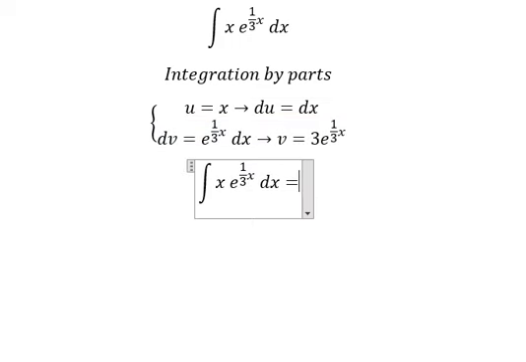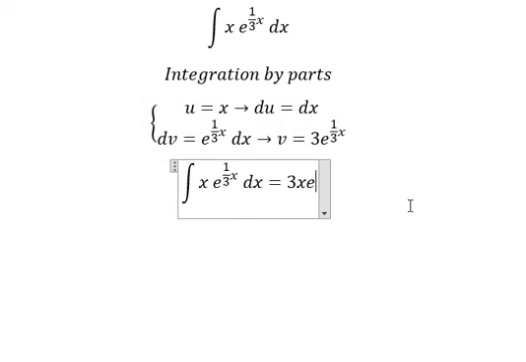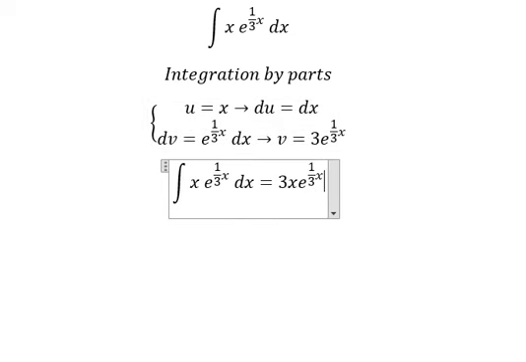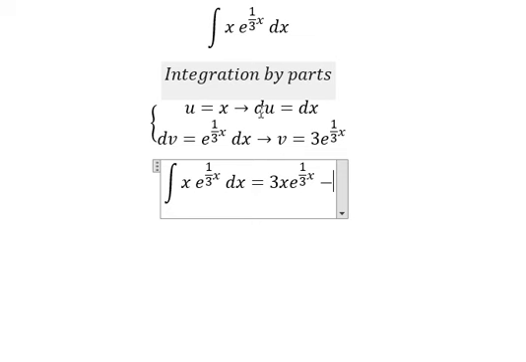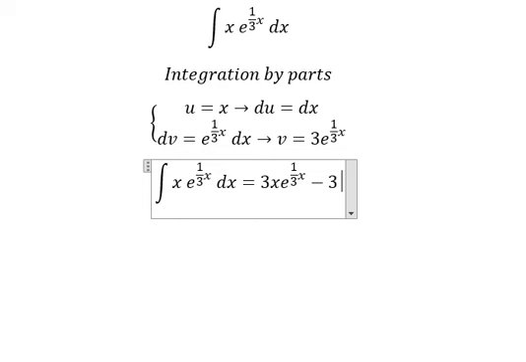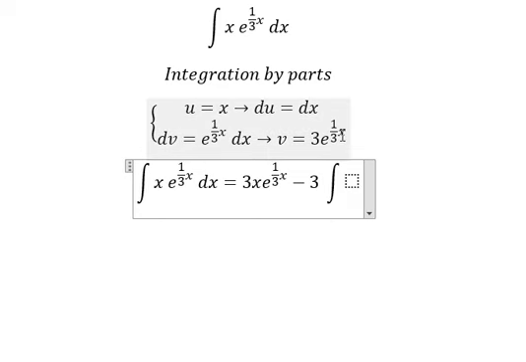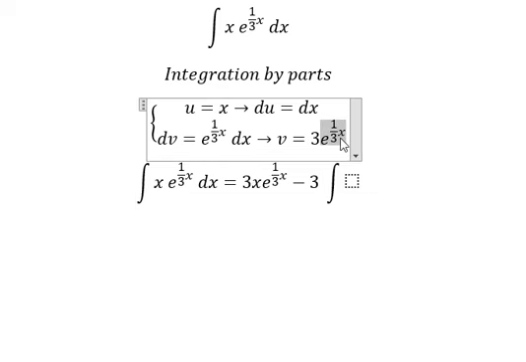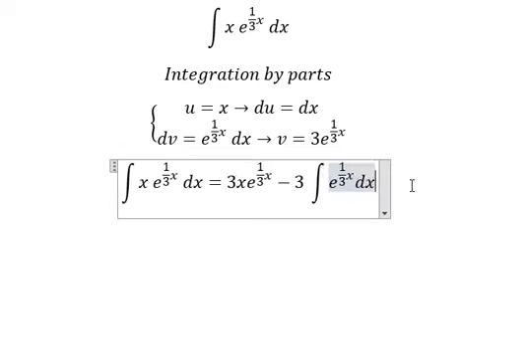So we have u multiplied by v minus the integral of v du. So we have number 3 I will put in here, and now we have the integration of e to the power of 1 over 3s ds,